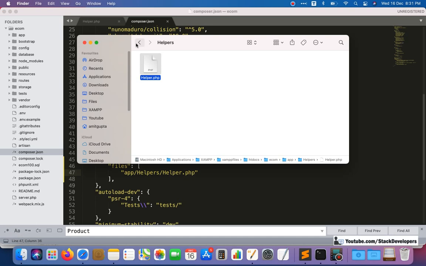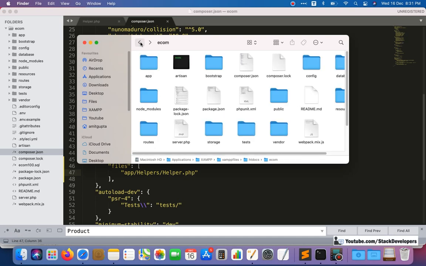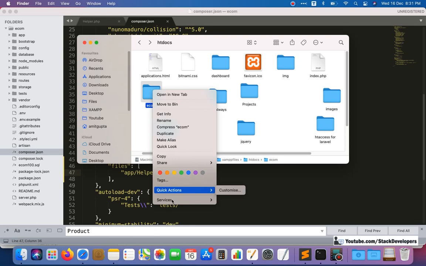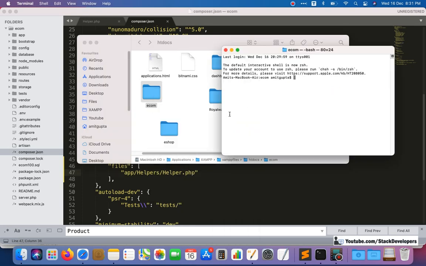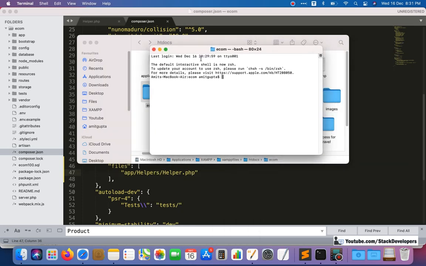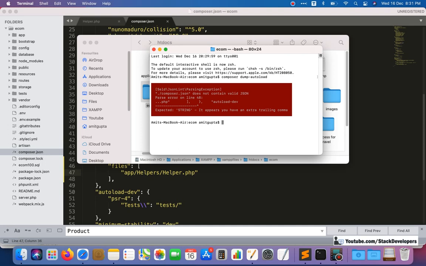So I will go in the project folder once again, and here I will right click on my project folder, services, new terminal at folder. You can use Git Bash here if you have installed Git on your Windows laptop. In your Windows operating system, or any other operating system, you know how to run your files. And here I want to run composer dump autoload, so that it will load the